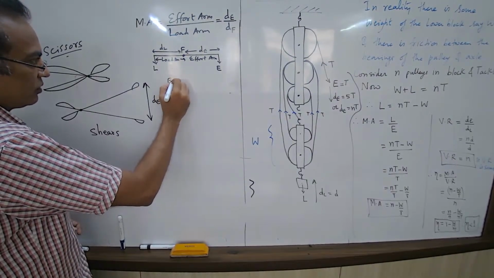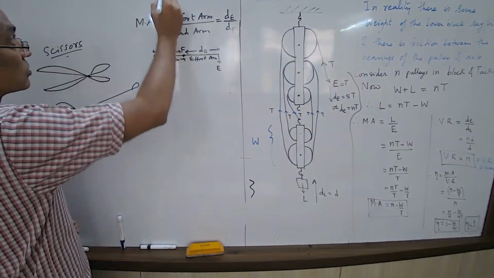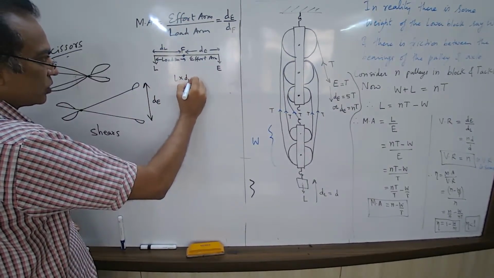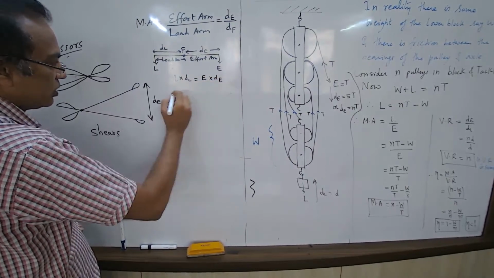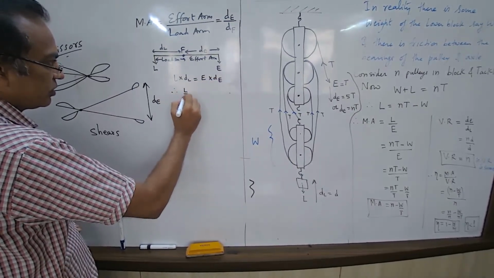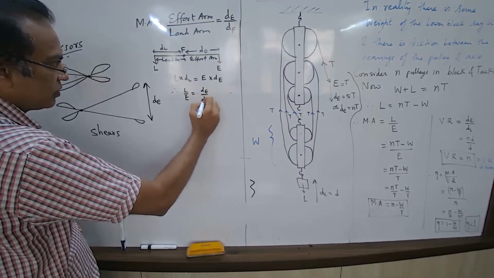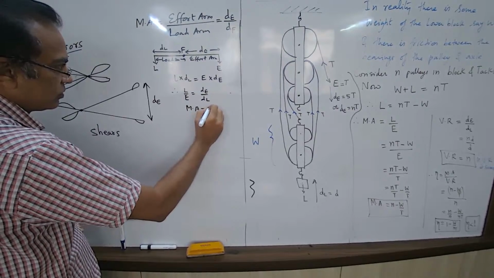So how did we get this? Load into load arm is equal to effort into effort arm. Therefore, load by effort is equal to DE by DL. This is how we got MA is equal to